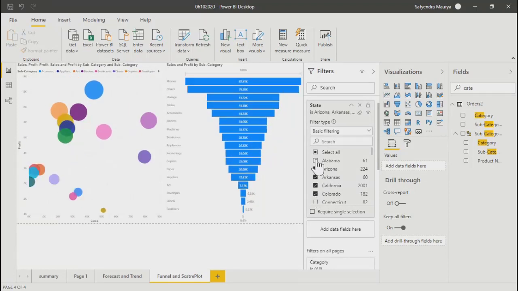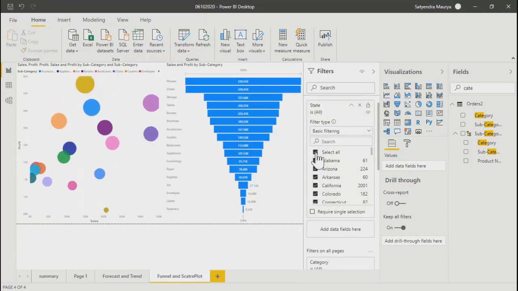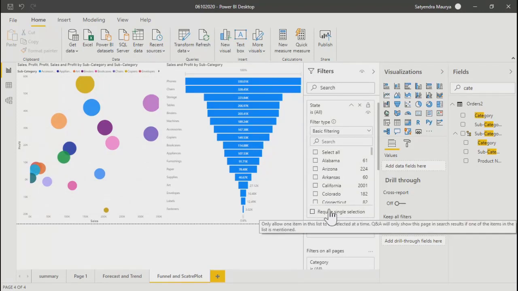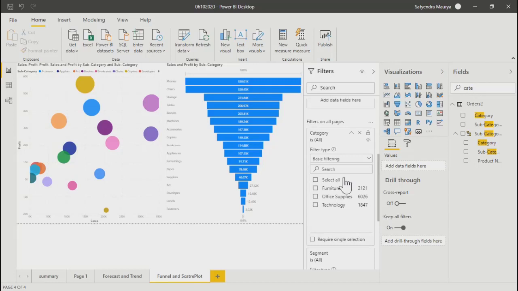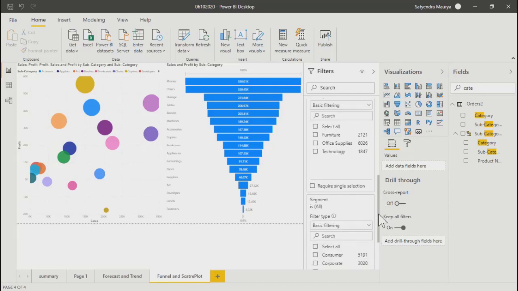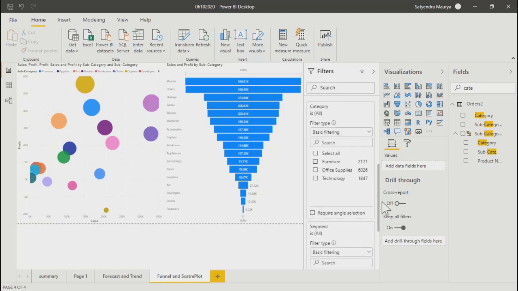But if you want, you can force it so that the user cannot select multiple values. Because state has a lot of values, I will not do it here. I'll go to category, because here we have very few values. Sorry, this is segment, this is category.